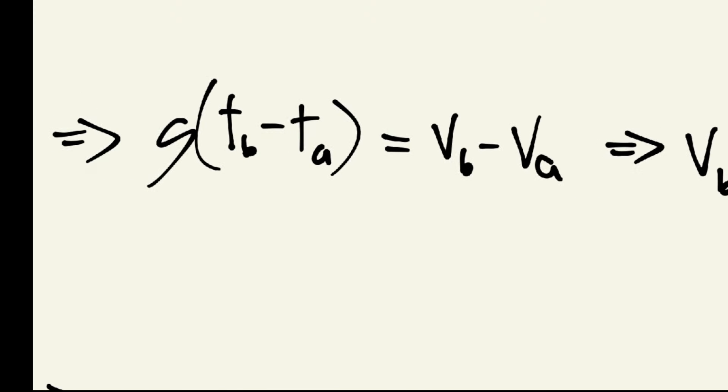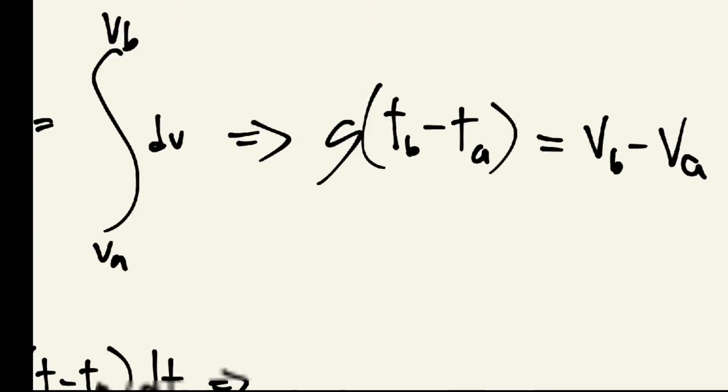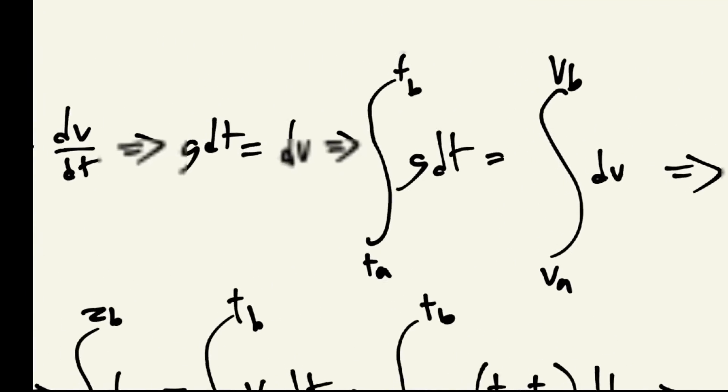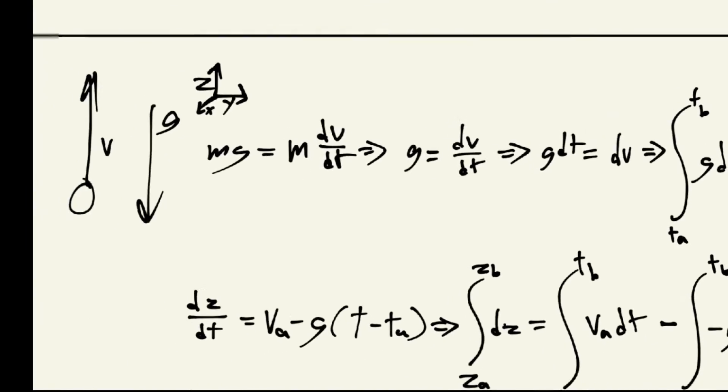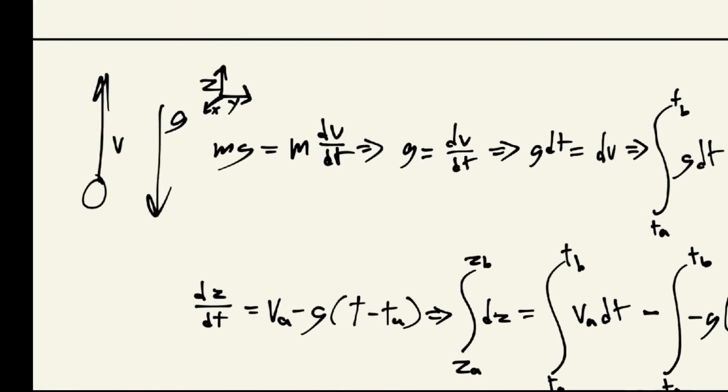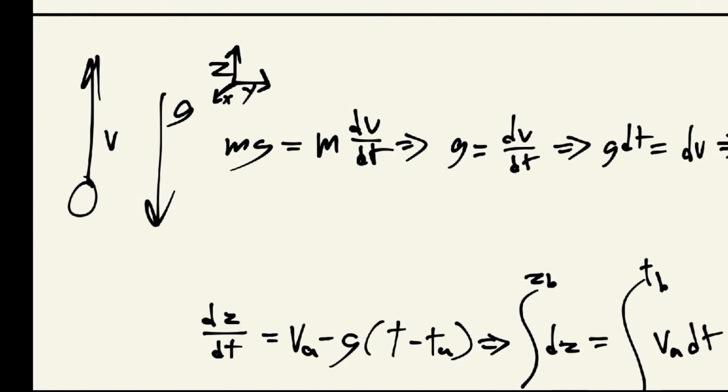But the signs that I have over here say that v sub b will equal v sub a plus g times tb minus ta, which means that something's wrong with the signs. But I can't find where anything is wrong with the signs because, quite simply, dv over dt is the acceleration, and the acceleration is negative, and g,